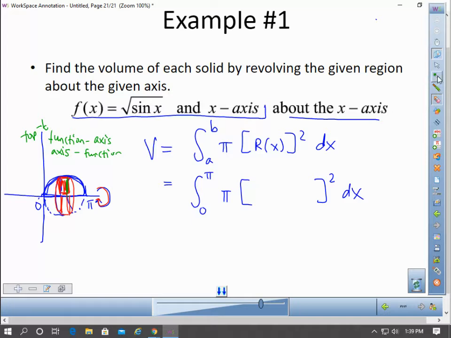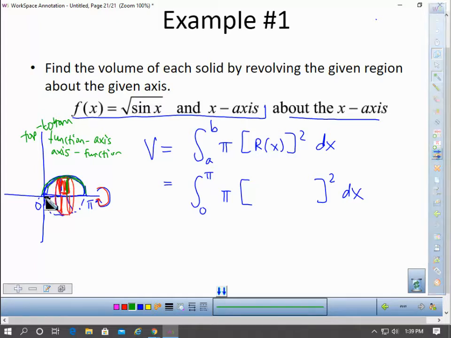So I'm always going to do just like I did with area: the top curve minus the bottom curve. I'm taking this curve, square root of sine, and the area between that curve and the x-axis and rotating it around the x-axis. So to get this length, how big the radius is of each one of these discs, the radius is always going to be top curve minus bottom curve. One of those, either the bottom or the top, will always be the axis that I'm going around. So my top curve is square root of sine of x, and my bottom curve is the x-axis,